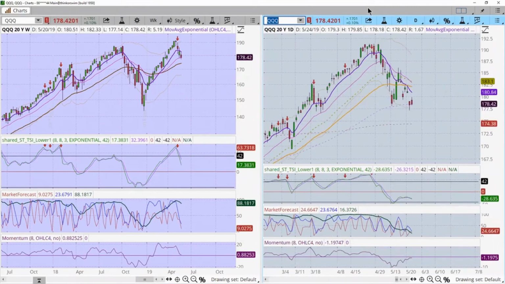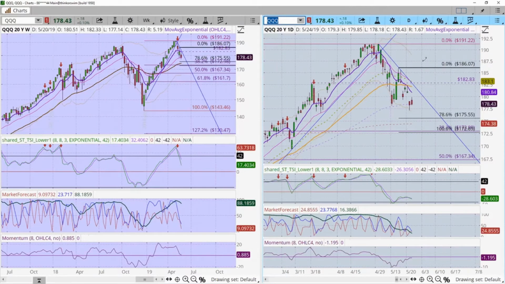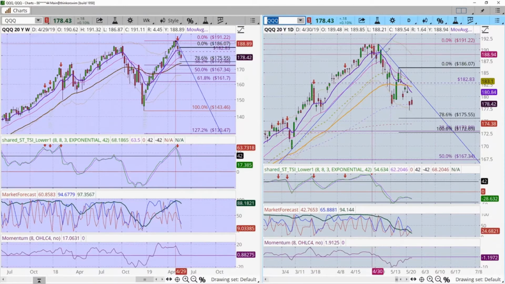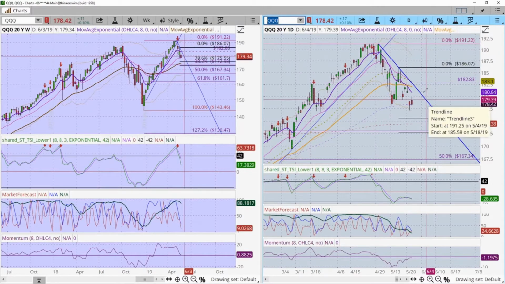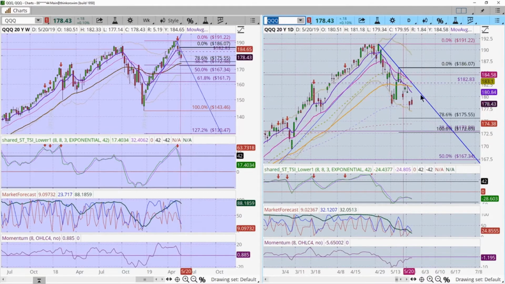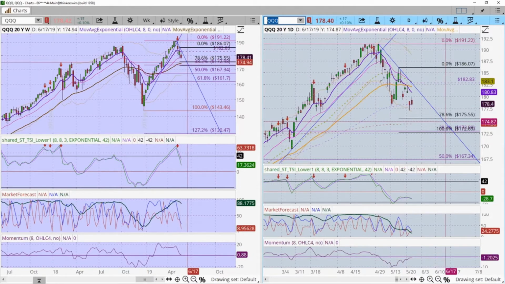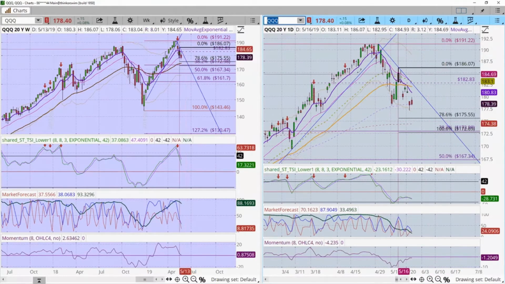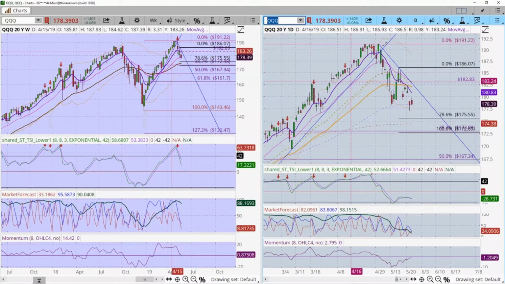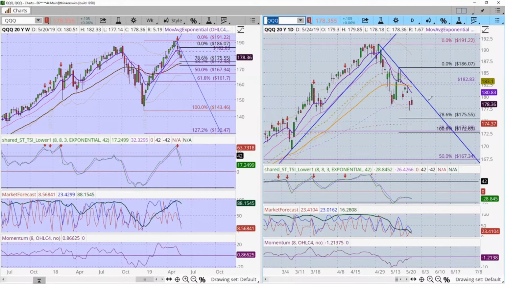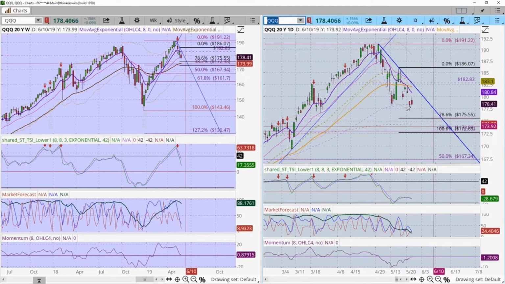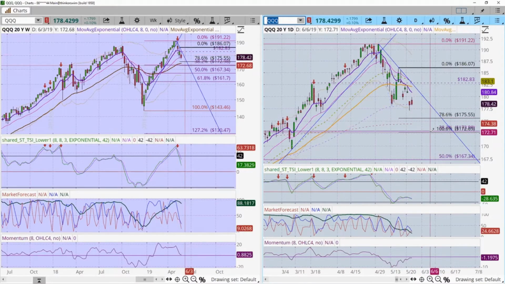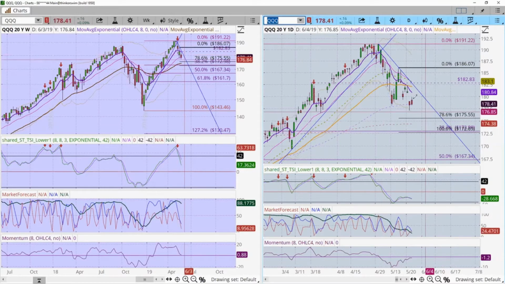So a similar type projection we can do here on the Qs, and I've already done it. Here we have a trend line. As long as that trend line stays intact, that's telling us we will anticipate it continuing to proceed on down. What's interesting, as you can see, the angle of this trend going up is just about the angle of this trend going down, so we can project where we would anticipate catching down to the 175 level, or in this case, the 172.69 level.